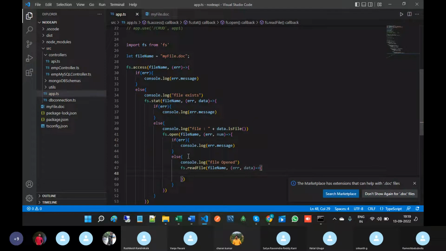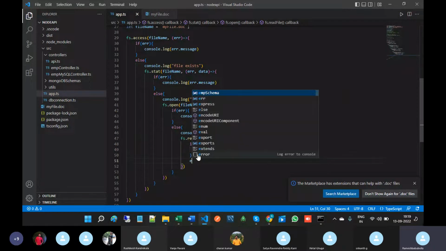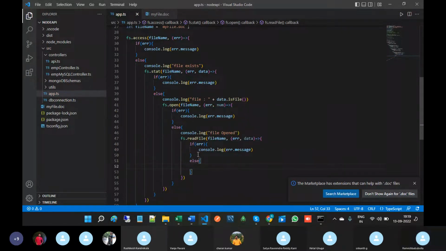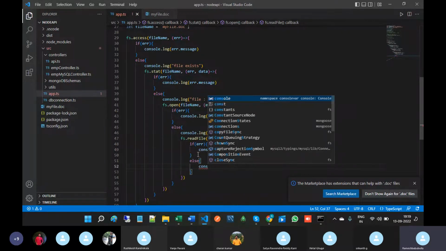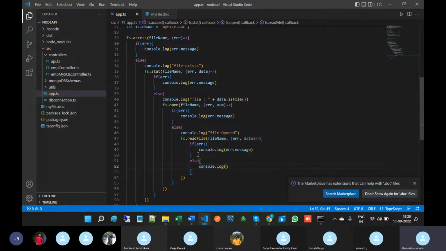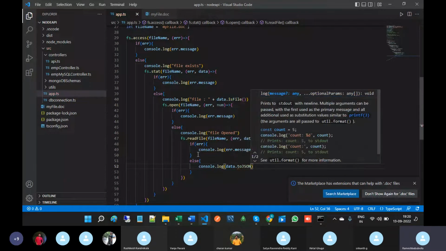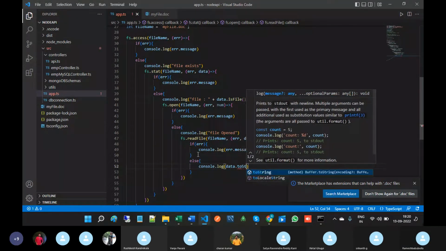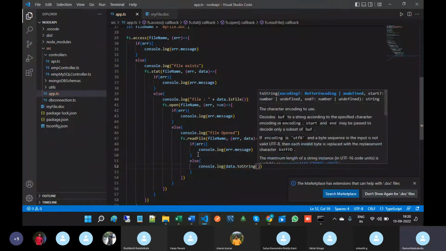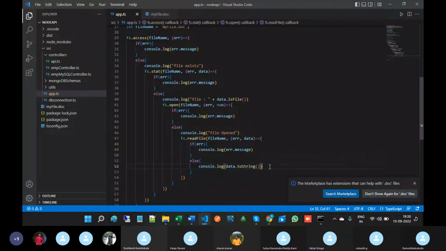Here, if any error comes, go to this error block. Otherwise, console.log data.toString method,